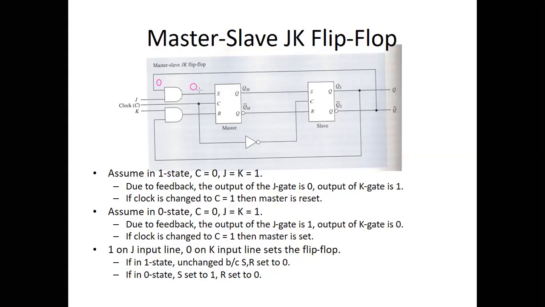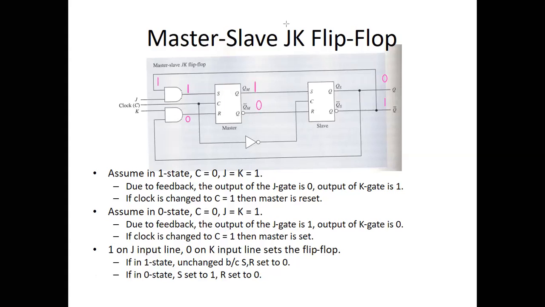Okay, if it is in 0 state, we can see one more thing, the feedback path. This is 0 and this is 1. So it means what will be available over here? A 1 will be available over here. Now 1 is available over here. What happens? The output of this AND gate will be equal to 1 and this will be equal to 0. This 1 I have written assuming the previous state. In that condition, what happens? 1 and 0, what will be the output of this flip-flop? The output of this flip-flop will be a set state. So the master will be in set state. So this will be a 1 and this will be a 0 state.